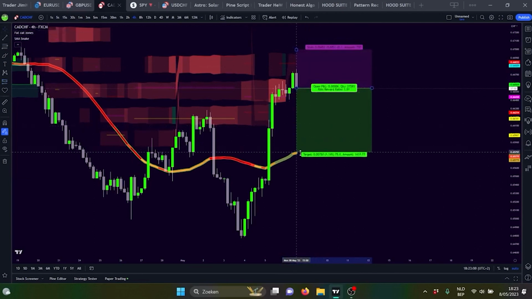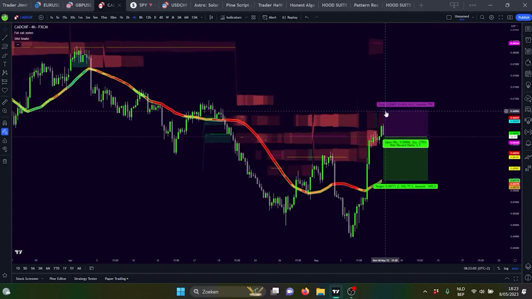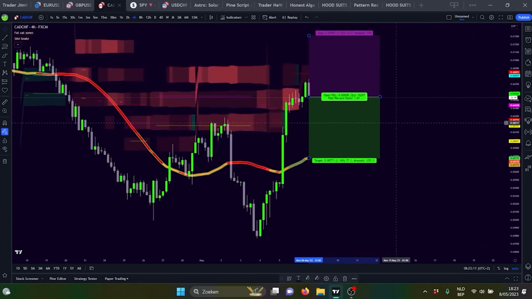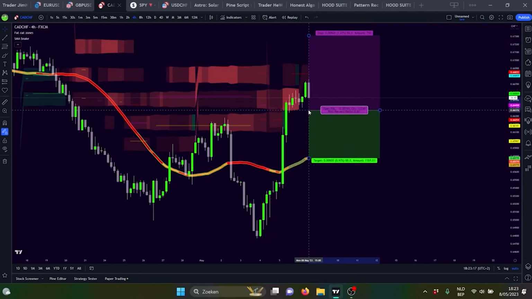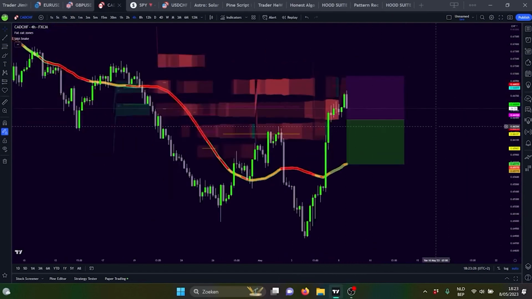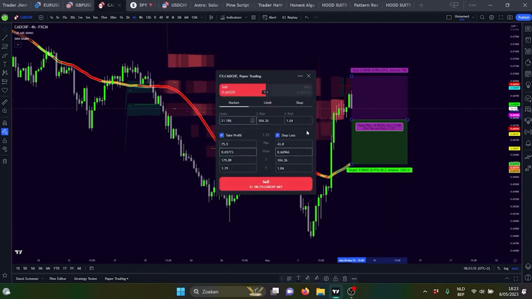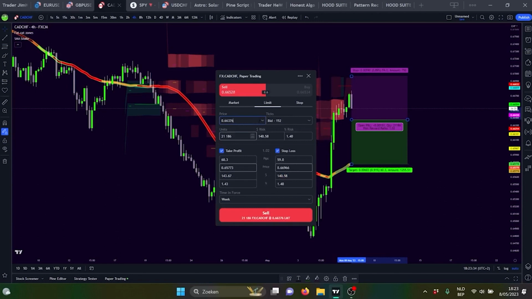Let's target the snake. Then 1-to-1. Let's give the trade some room. And I think that will be all. Right. I'm going to put the entry a bit below here so we get confirmation. And after it reaches that point, you can put the stop loss right above the zone, like this. Put an order, limit sell. It's going to be a stop order,